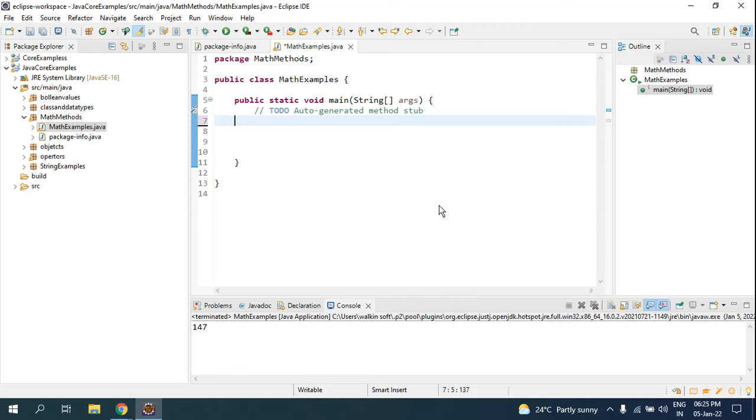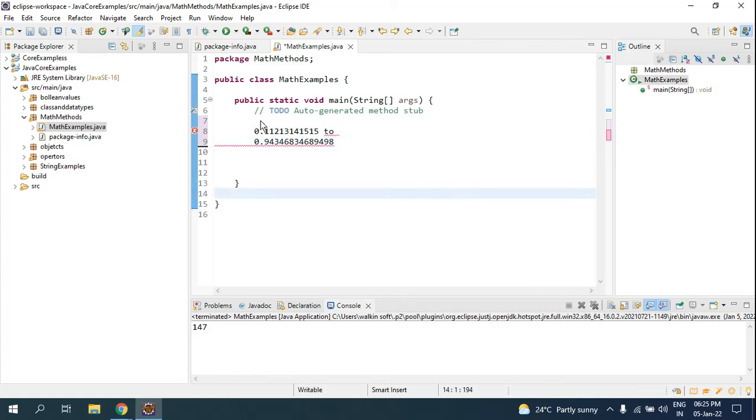Look, I'll show the math.random. When you use the math.random method, it gives you output from 0.1 to 0.9, whatever the number is.